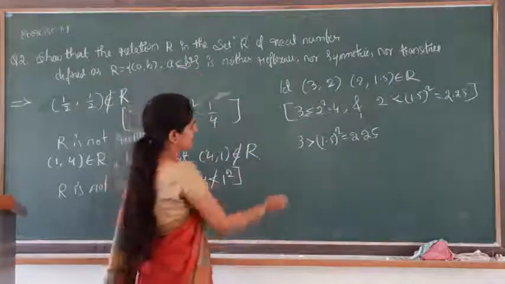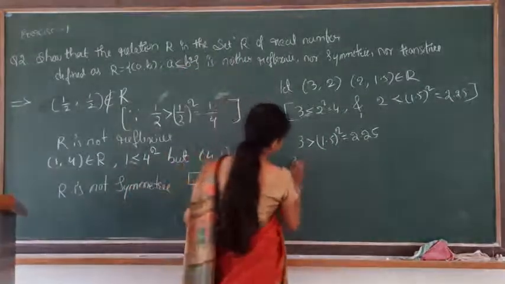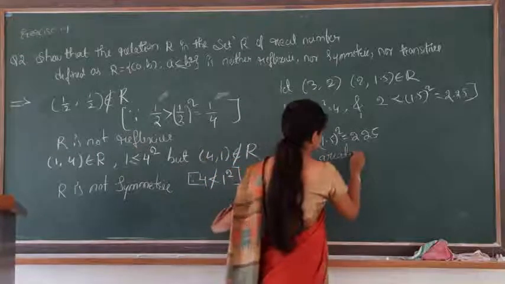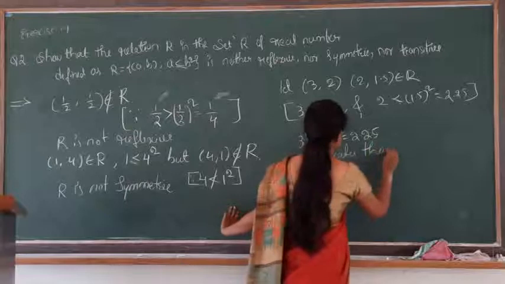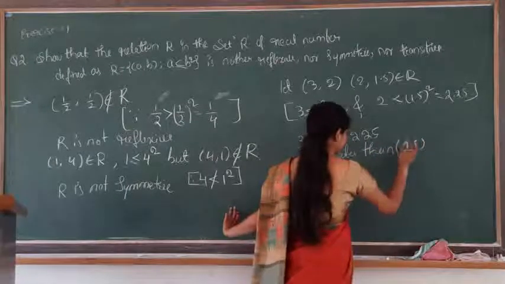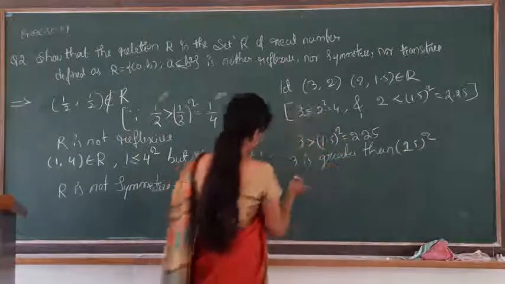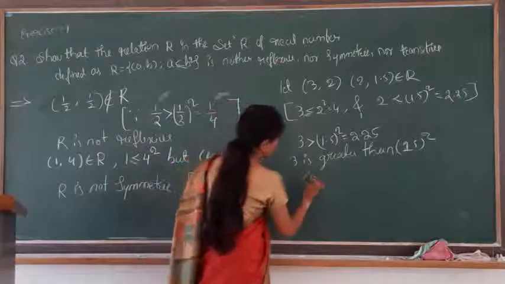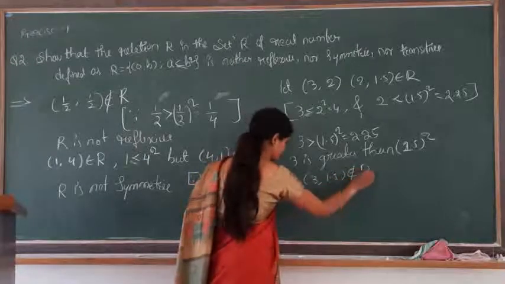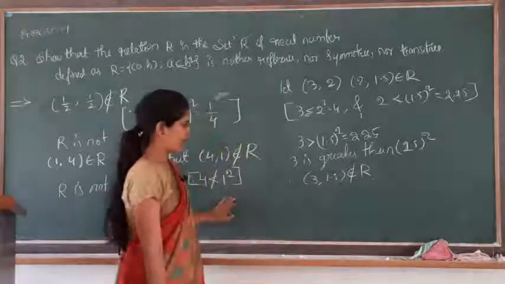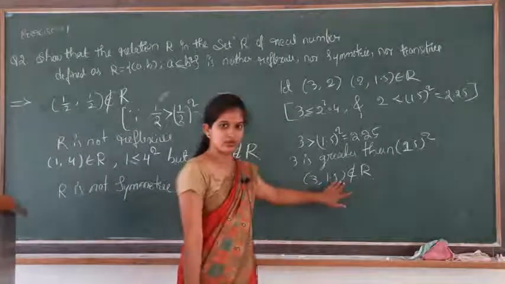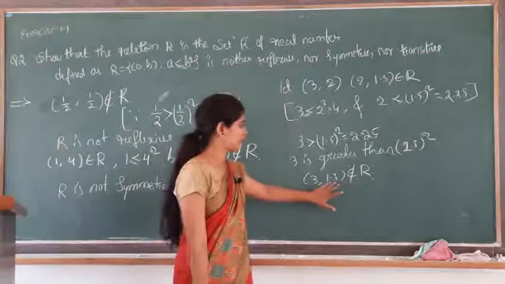That's why 3 is greater than 1.5 whole square. Therefore (3, 1.5) does not belong to the given relation R, because 3 is not less than or equal to 1.5 square. That's why the ordered pair (3, 1.5)